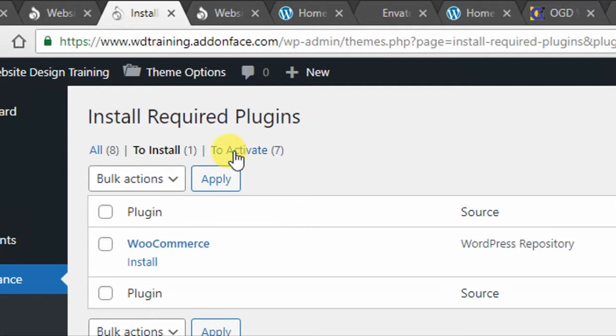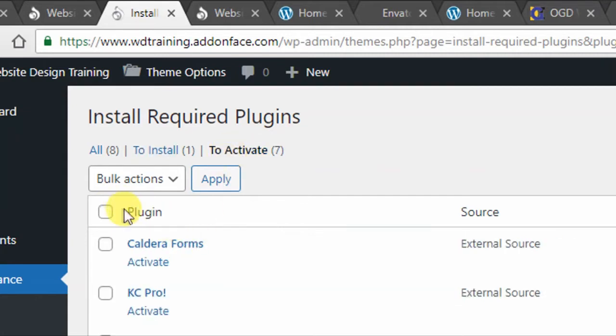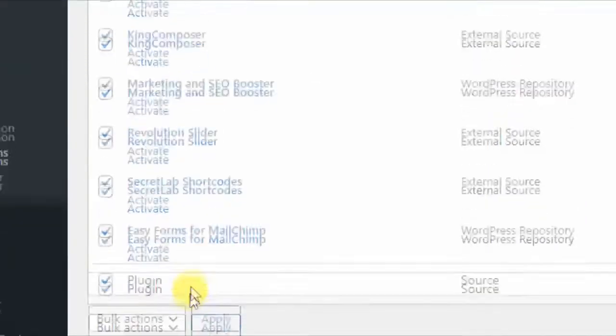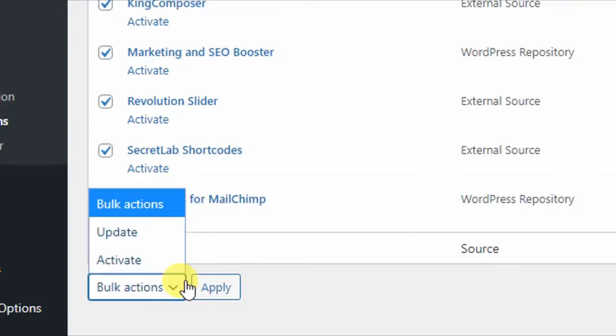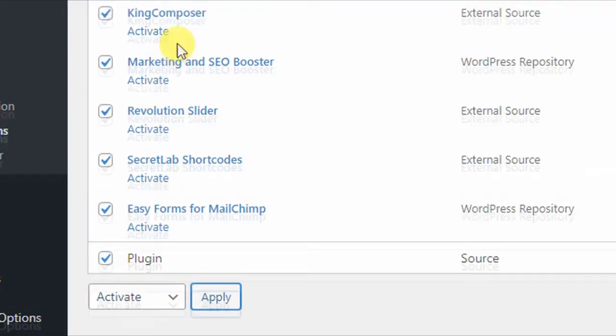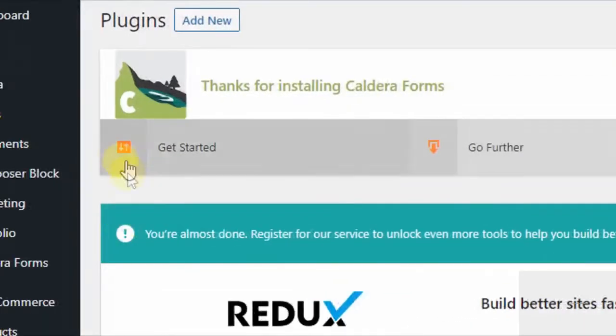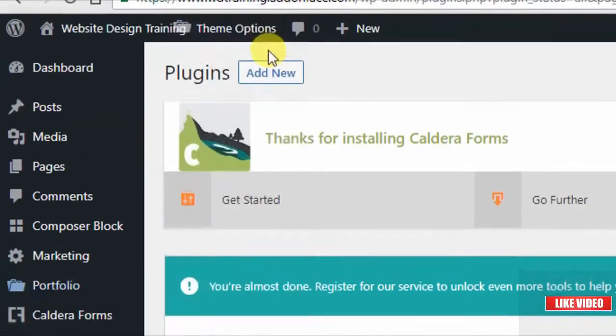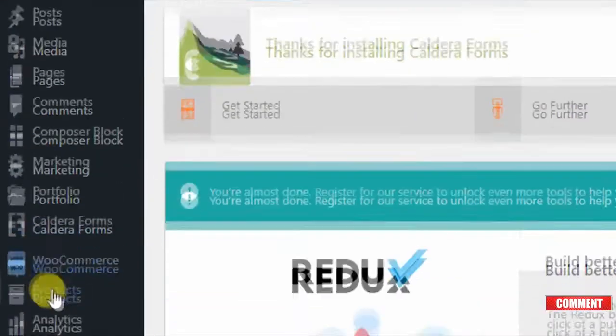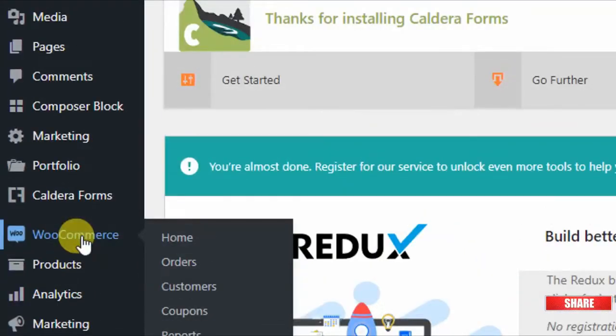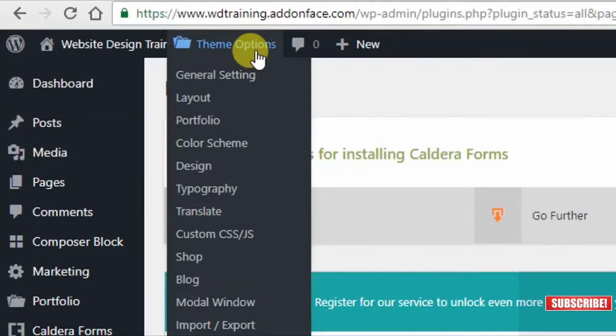Then to activate, let's activate the ones that we want to have, the ones we have installed. So activate. Now we are done with the necessary plugins that are needed. Okay, now go to, you see, some of your theme. The next step you are going to do is import